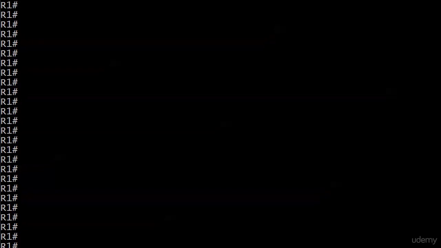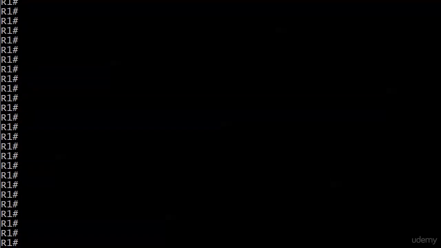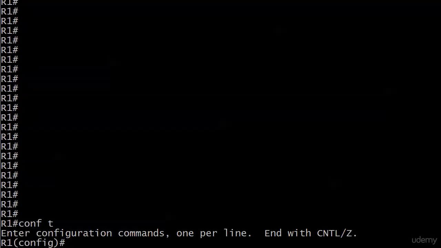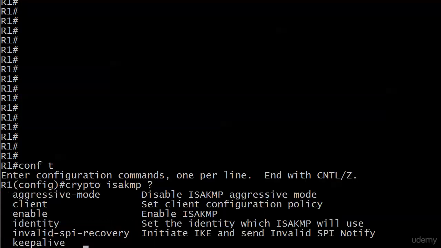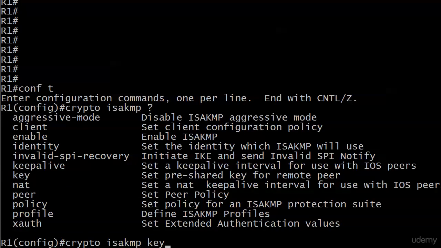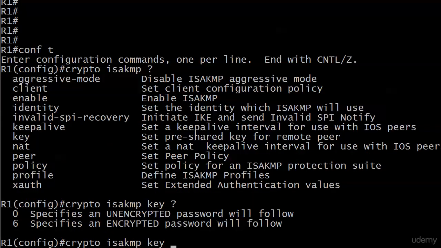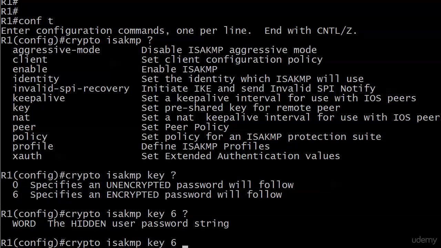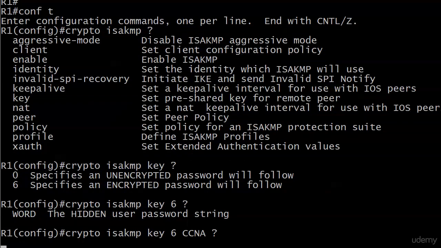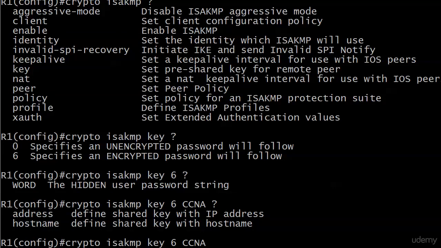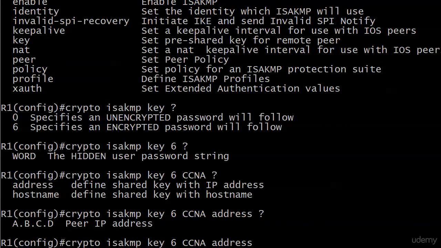I apologize, we're a little offline there. There we go. And for our pre-shared keys, what we're going to do is start with crypto ISAKMP. And we're going to put the key right there in the middle. Set pre-shared key for remote peer. We definitely want an encrypted password. And I'm going to put CCNA for the password here. And we're going to go with the address. And you do actually have to enter the word address, and it's